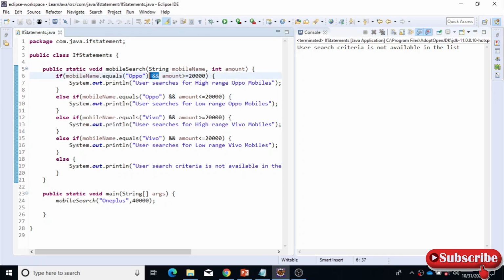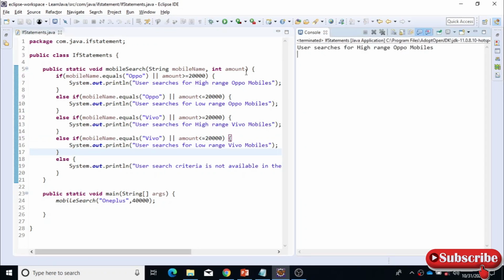So this is a simple structure of an else if block. Since you have given logical AND and it is failing here, but if you give the OR operator, what will happen? Everywhere you give the OR operator, then let's see what happens. I'm running this program, and you can see the first one itself gets printed.